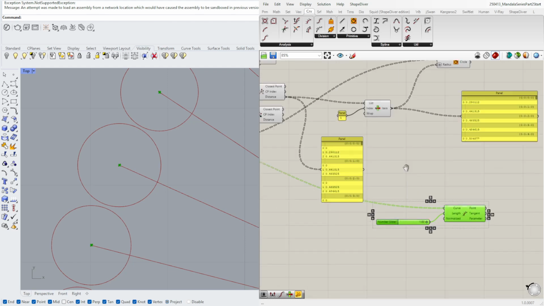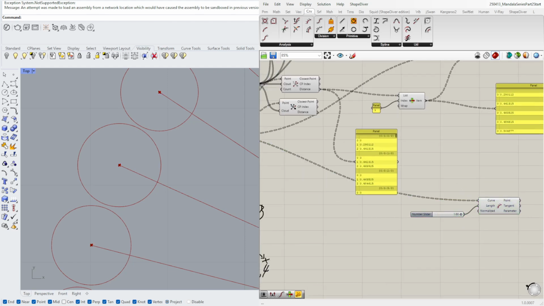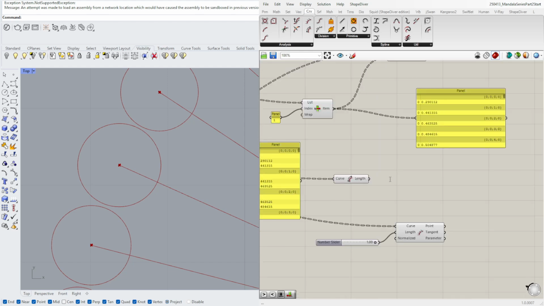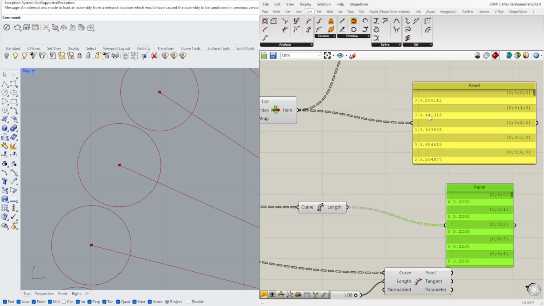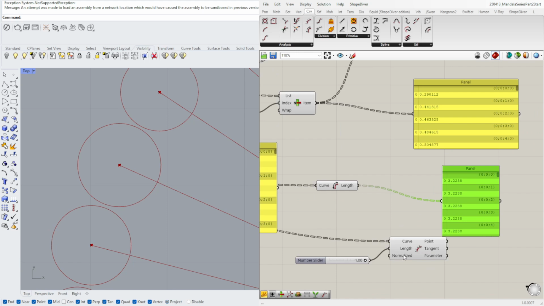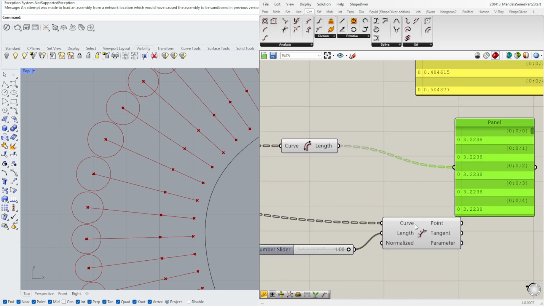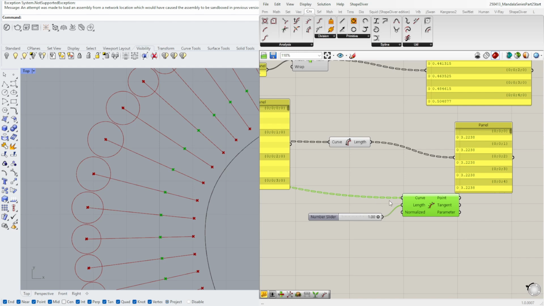So how do we do that? Well, we have the curve. We use the length command, and that will give us the length of the curve itself, right? Now, when we have that, I basically want to see how much of this curve there is. There also could be maybe another way here as well, which would be maybe a bit more streamlined, because right now here at the curve we kind of use